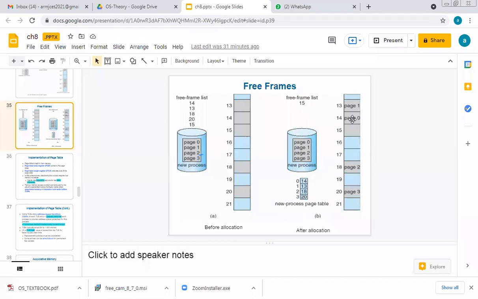If I want to fetch a first page, what is the first page in this list? Page 0, where it is present, 14. Next page, page 1, that is present in 13. That means backward movement. So from that, page 2, again forward movement, not continuously, that is by jump method. So page 3, again jump forward. So that means what? Definitely it's a pointer. Hope it is clear. Pointer.